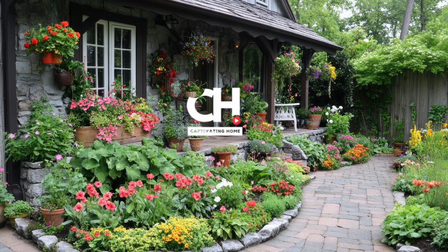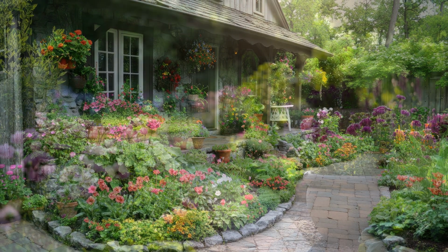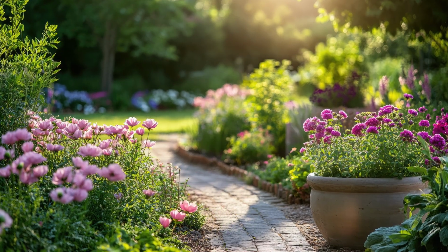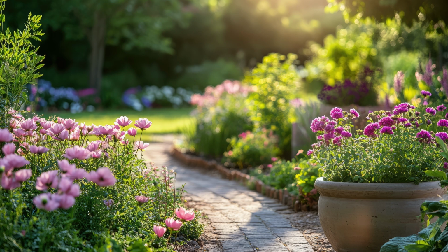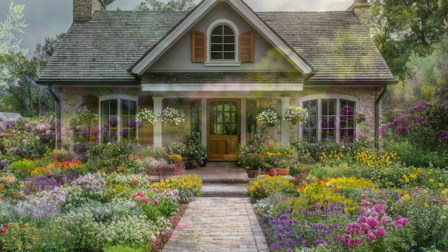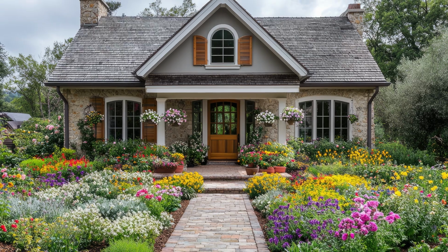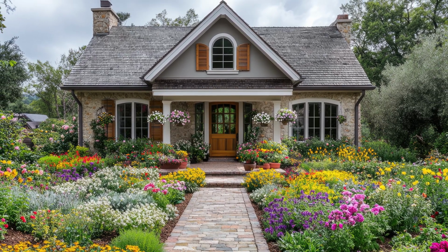Welcome to Captivating Home. If you dream of a lush, colorful, and whimsical garden straight out of a fairy tale, then you're in the right place. Today, we're diving into the secrets of creating a charming and dreamy cottage garden with easy spring planting and design tips. Whether you're a beginner or an experienced gardener, this guide will help you transform your outdoor space into a